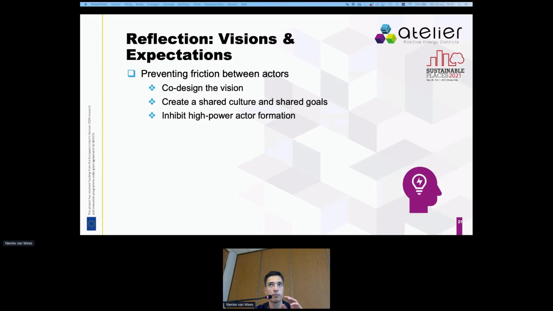Preventing friction already starts actually at the beginning of the project, or at least that's how we saw it and how we researched it. So again, taking it back to the project we researched, a vision for the project was made, and it was, for example, listed in documents, and it was given from the top down. The vision was shared with other actors in the system. So what we found in the literature